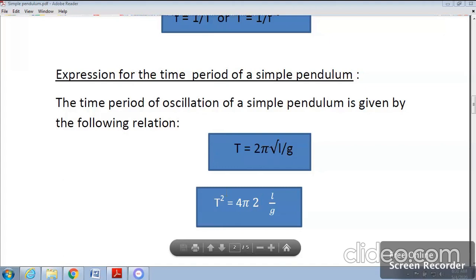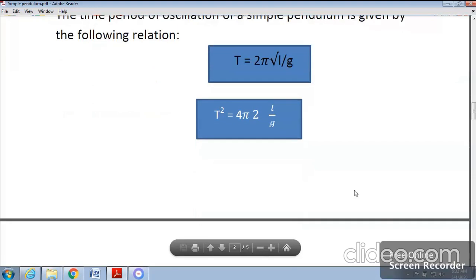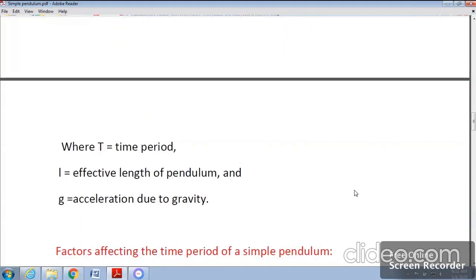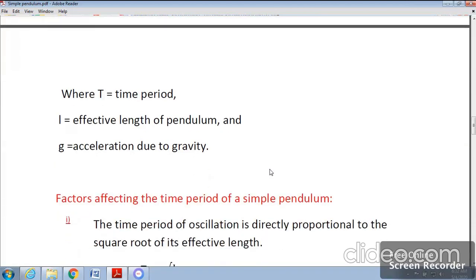When we square it, it will become T square. To remove this root, we will square it. It will become T square equals 4 pi square L by G, where T is the time period, L is the effective length of the pendulum, and G is acceleration due to